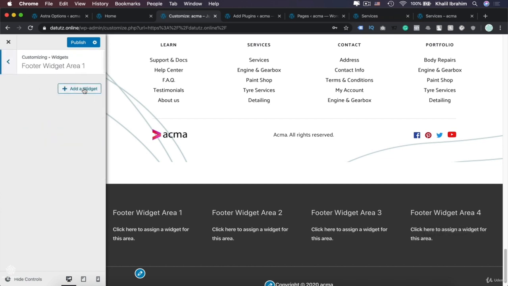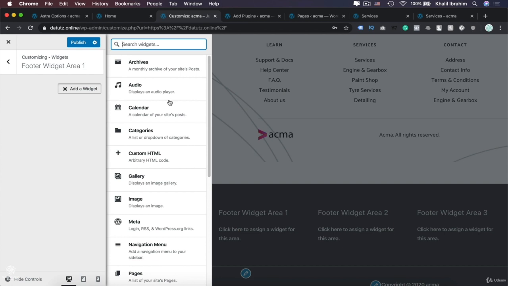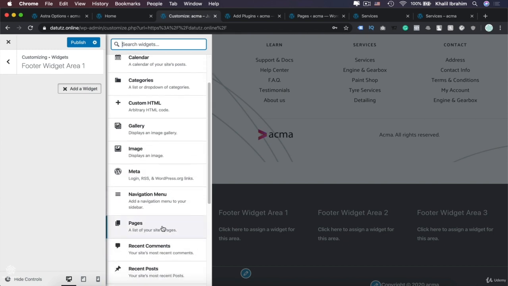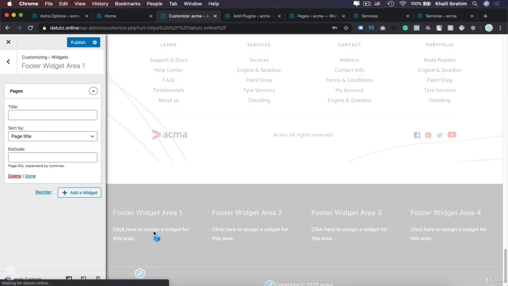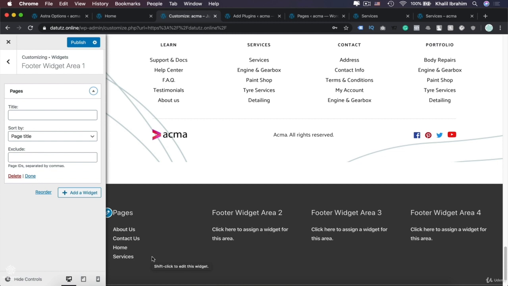Widget area 1, add a widget. Here you can select from different widgets. You can add calendar if you would like, gallery, image, navigation menu or pages. I think we can select that one for now, or even navigation menu can be nice. Let's start with that one first. Especially if you have too many web pages in your website and you would like to place them in the footer area, this could be a nice option in here. You can choose a title, something maybe like sitemap or quick links, or even something like learn, contact, portfolio. So let's type sitemap for example, and you can sort your pages from here, either by title or order or